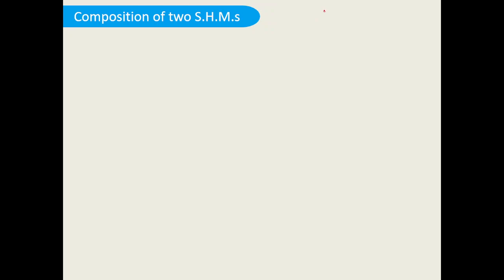Suppose I consider one particle moving to and fro about its mean position, then this is said to be performing oscillation. Another particle, which I mark with a different ink, is also moving in the same straight line. So what is going to happen if these two particles are getting added? What is the combination effect of these two SHMs acting in the same straight line?